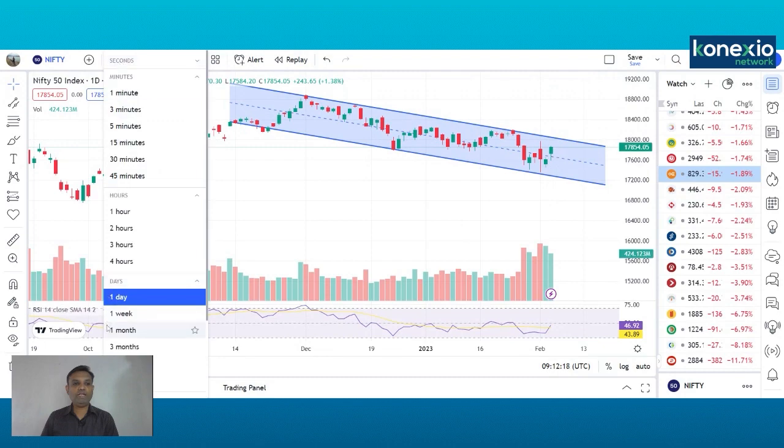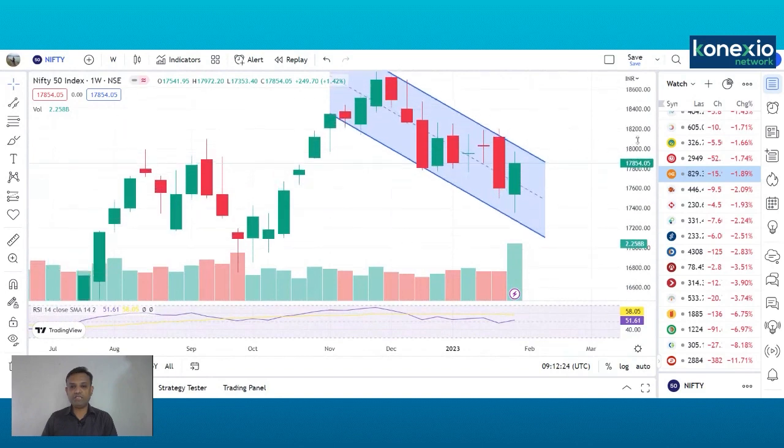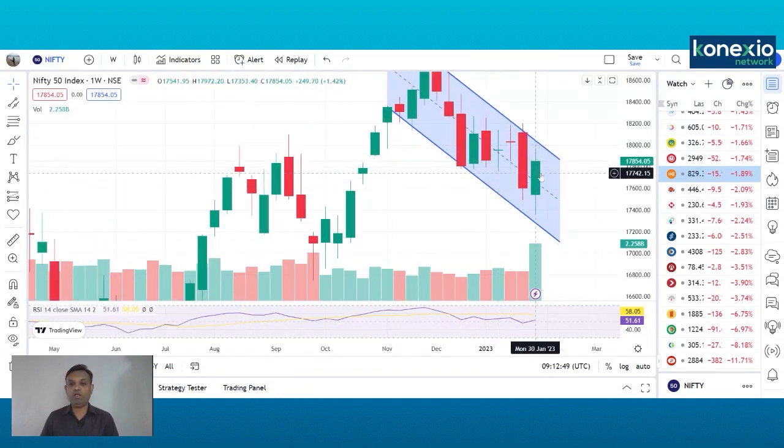Now let us go to the Nifty weekly charts, so we will have a little larger picture. On the weekly chart, you can see this is the weekly candle. Prior to last week, it was a red bearish candle. Last week we saw a green bullish candle, which is what we call a piercing candle. A piercing candle means it has pierced into its previous week's candle by more than 50% of that particular downfall, which clearly indicates that the momentum is strong at the lower levels, and any dip from this level should be seen as a buying opportunity.